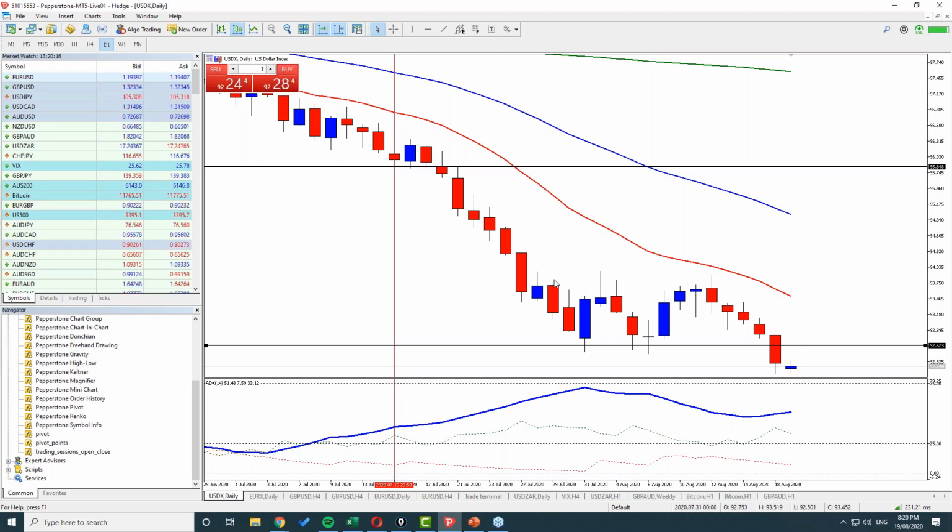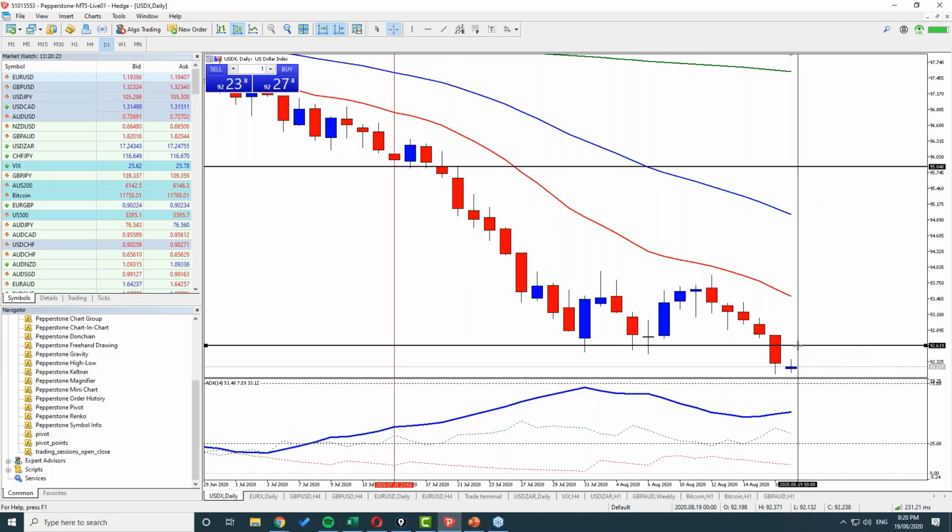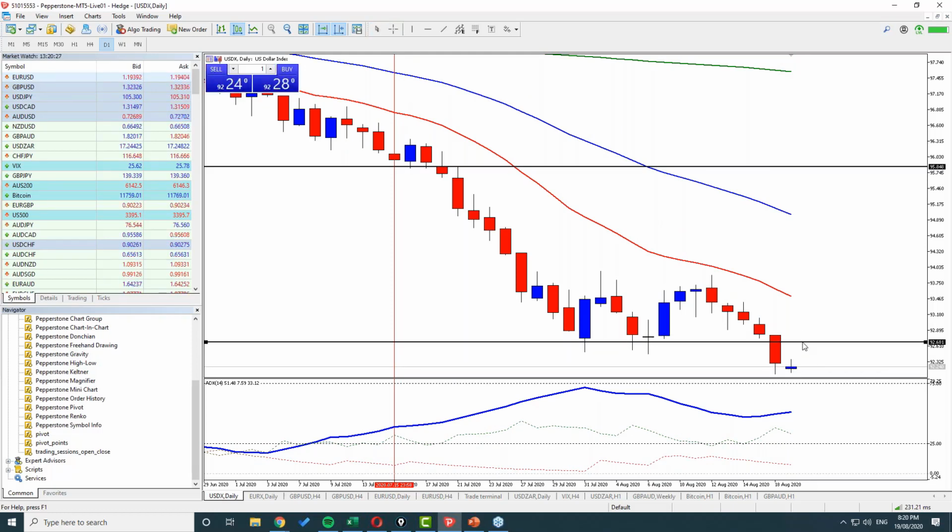What we are going to do, though, is an advanced class for all of our advanced members on the ADX, and break it down properly, because we know people have been asking for it. The smaller lines, don't pay too much attention to those tonight, because it'll take too long to explain. Just focus mainly on the dark blue signal line. That's the one we're referring to tonight, to be above the levels that we're talking about. And ultimately, that's the one we really want to be looking at anyway.